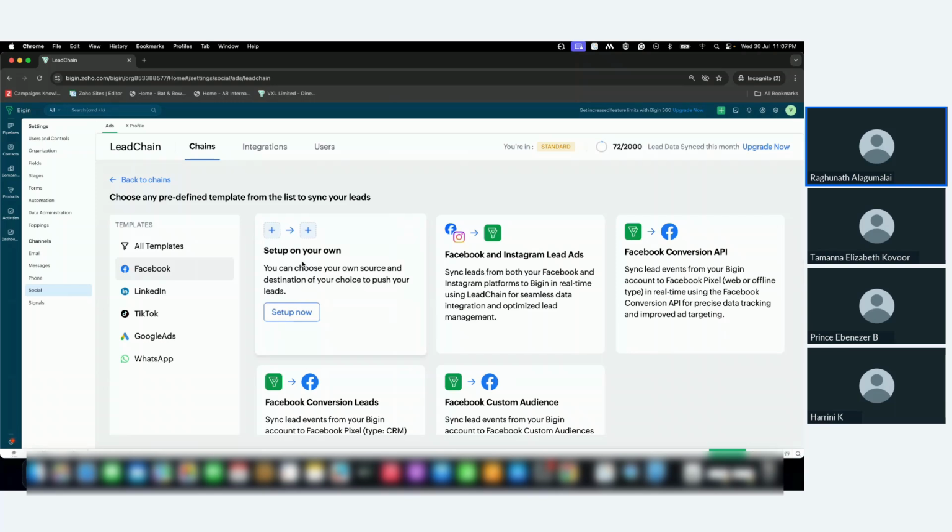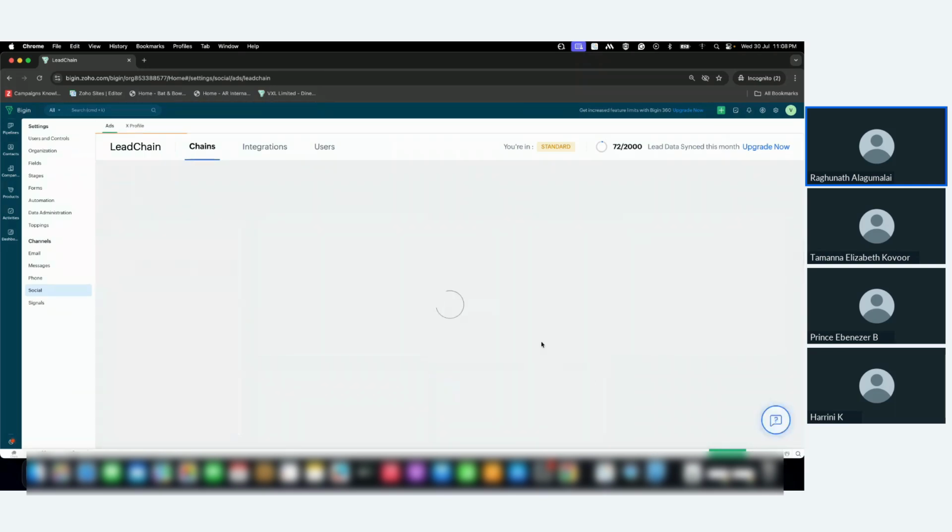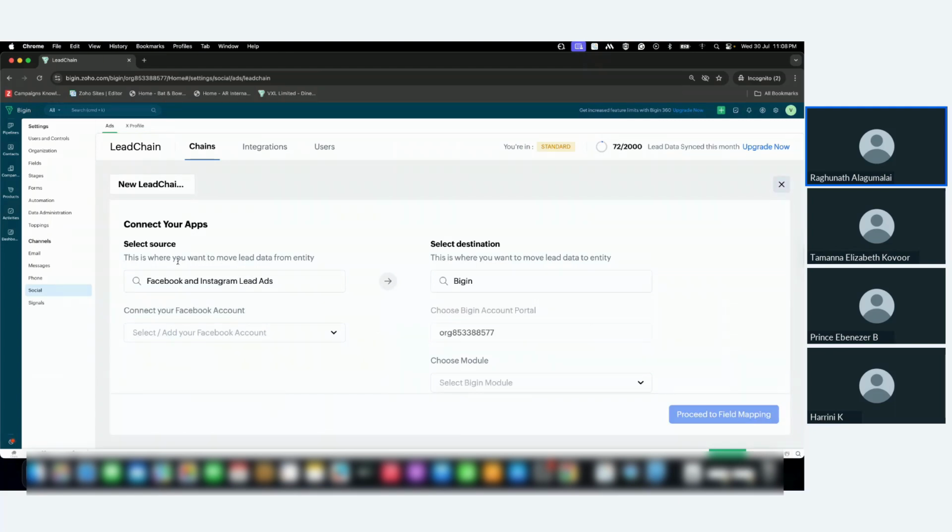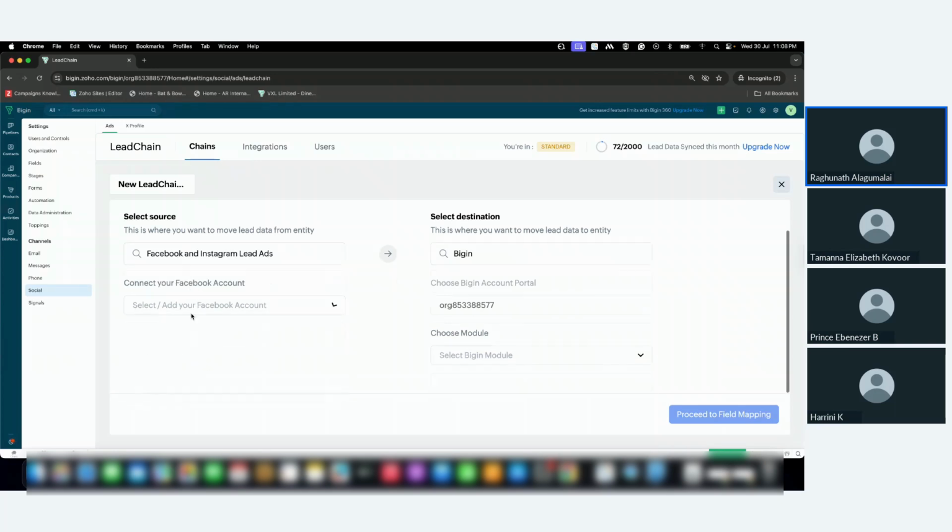So to push the data from Facebook into Bigin, I need to choose this particular template, which is Facebook and Instagram lead ads. And once I hit on setup now, it will give me the option to choose the source and the destination application. So here the source application is the application from where I'll be pushing the data. That would be my Facebook account. So I'll be choosing my Facebook account,